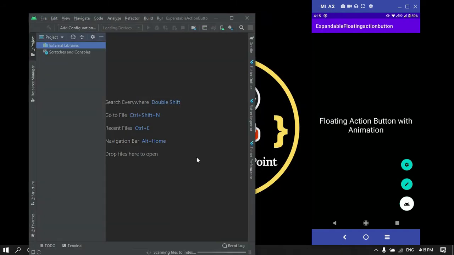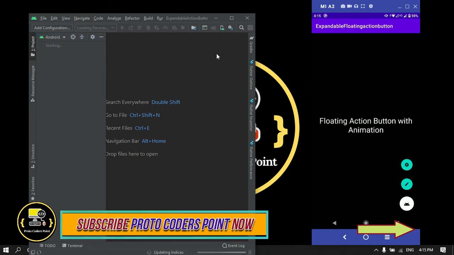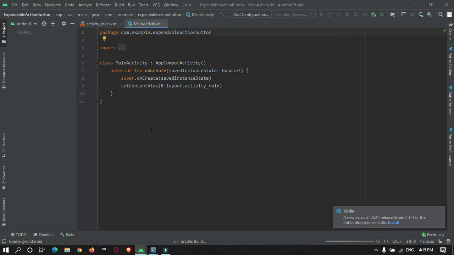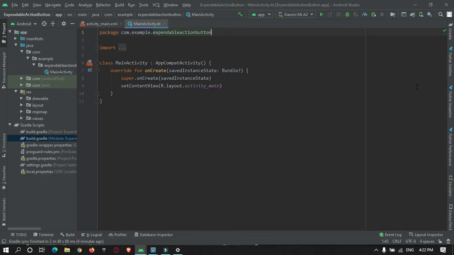Just finish it and your project will get created. It may take some time to completely build the Gradle file. Okay, so our Android project is ready with the Kotlin language.